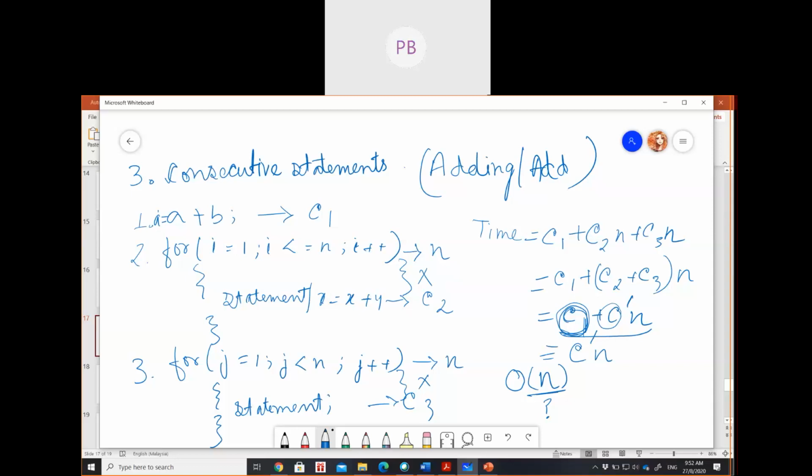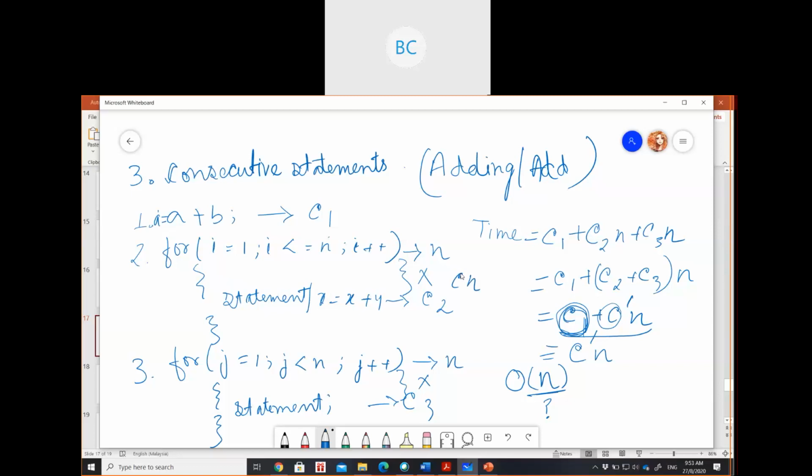See, what's happening here? We have three statements. For example, previously we saw only for loops and what the time complexity will be. Here also we have two for loops, but these are not nested for loops. For a single for loop, the time is always Cn.